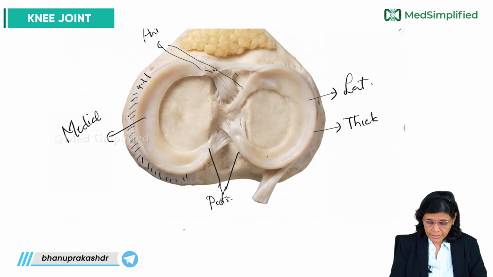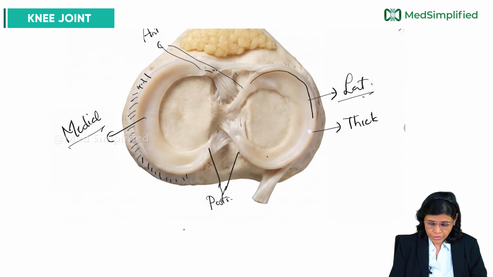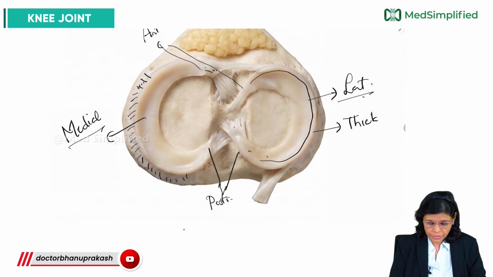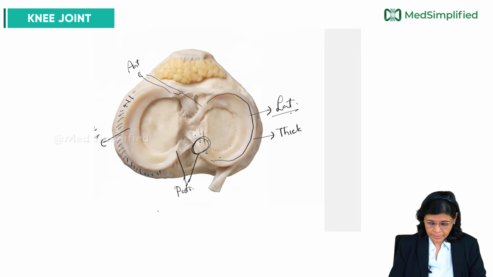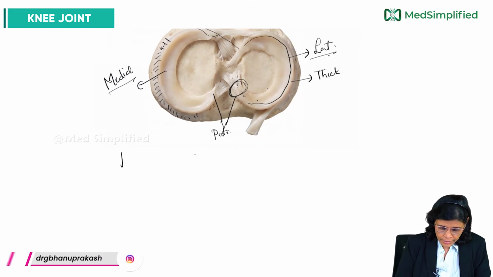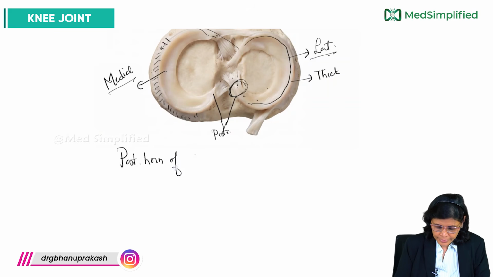Now compared to the medial meniscus, the lateral one is more circular in shape. It also has anterior and posterior horns which are attached to the intercondylar area. You have to remember the posterior horn of the lateral meniscus: it is attached to the medial condyle of femur